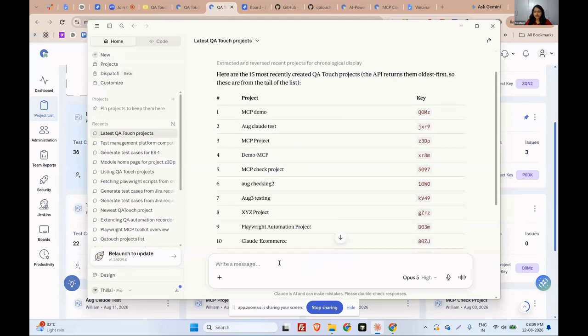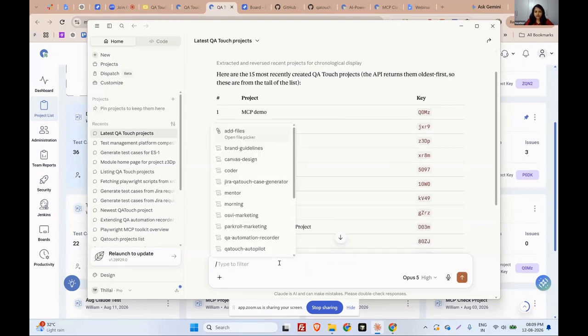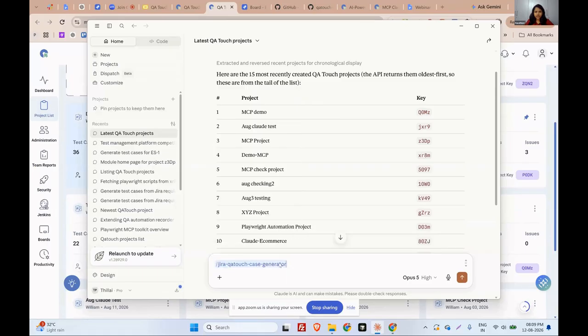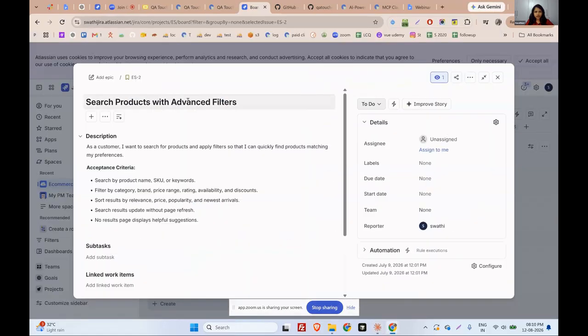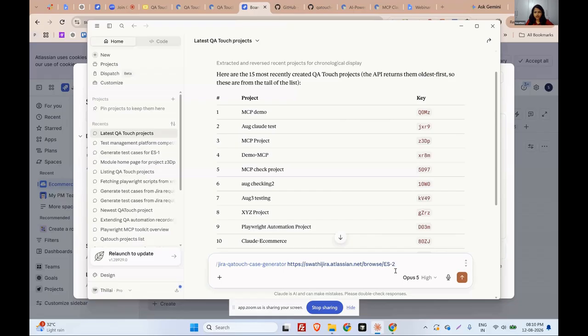Now I'm invoking my Claude skill, Jira QA Touch case generator. I'm taking a user story from my Jira account, like search projects, products with advanced filter. I'm copying the URL of my Jira user story, giving it to Claude, invoking the Claude skill, and I'm just saying, generate